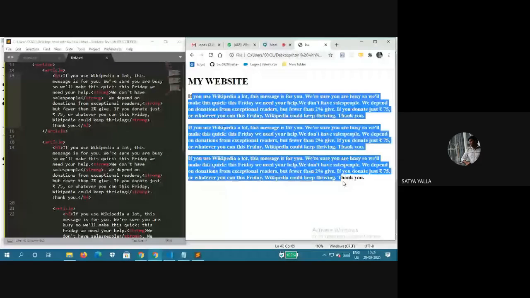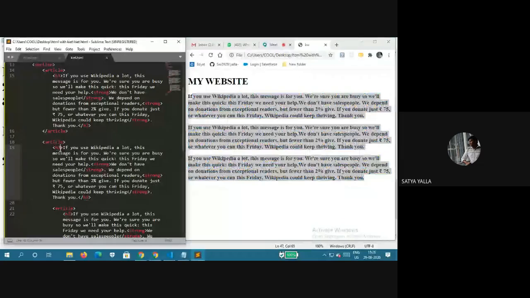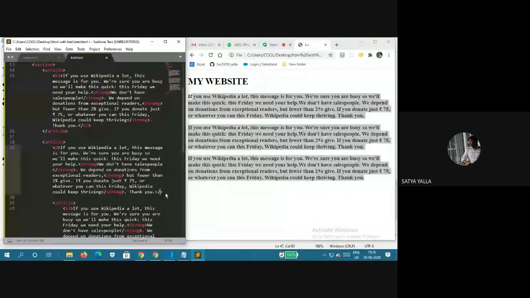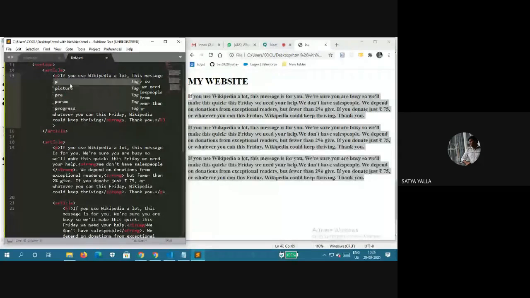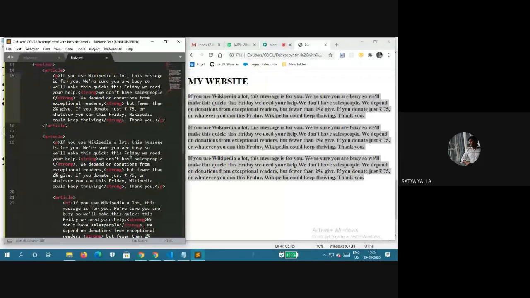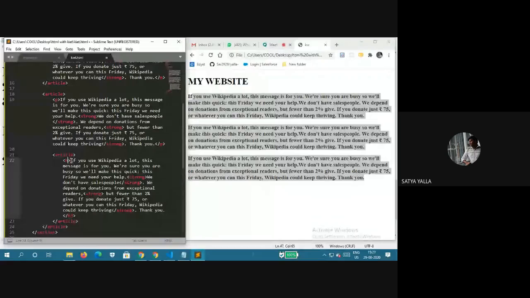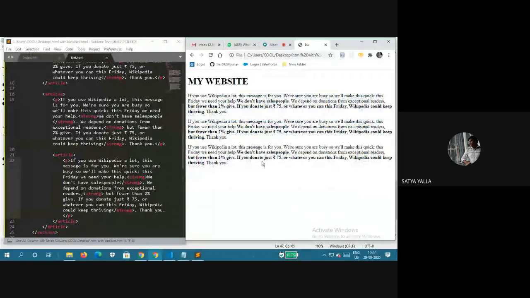So here I want to change it to P, and here P. I want to give the paragraph size, not for the heading. P and here also. Control save and see. Yes, now it's okay.